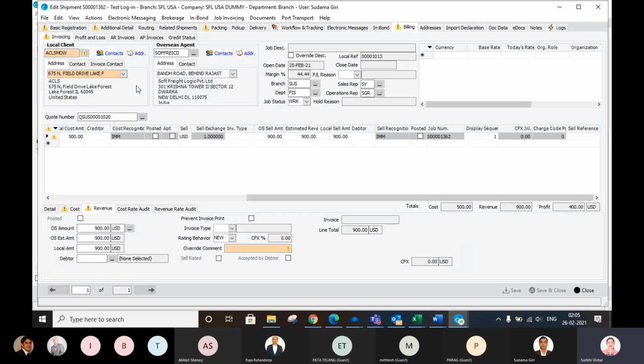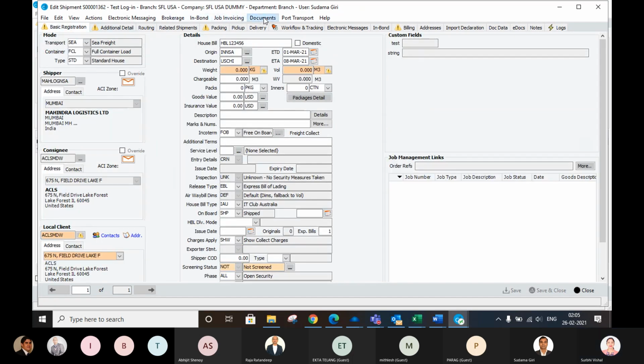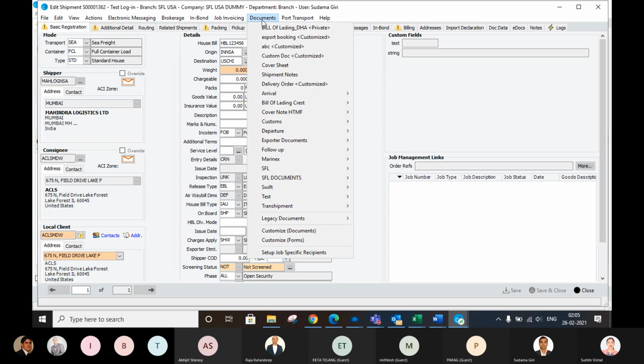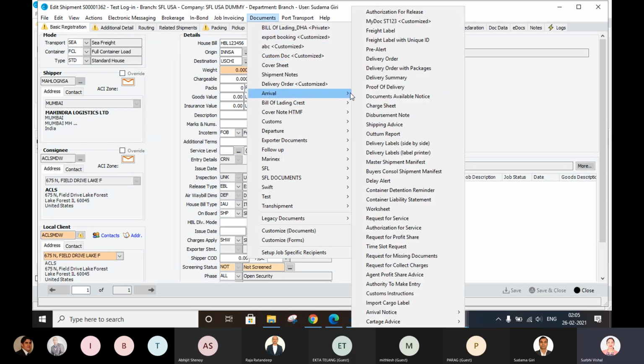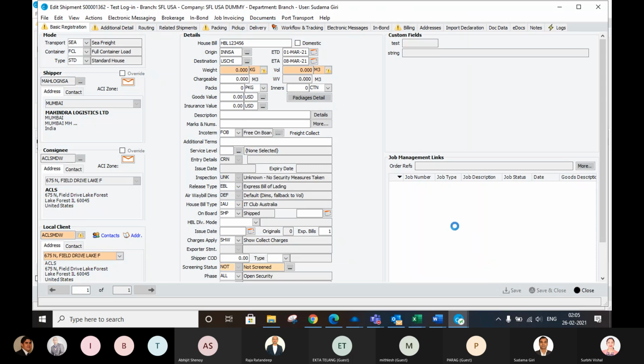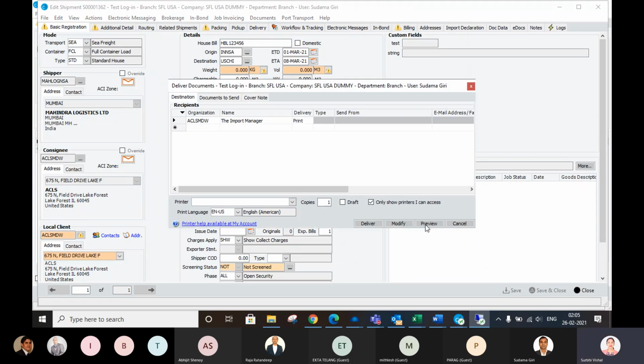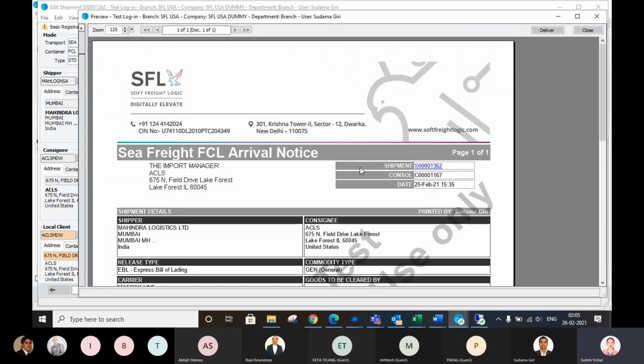Now, Ekta, if you can see at the top, we have documents. So Sudama, just click on documents and click on the arrival, and show the arrival notice at the bottom. Ekta, just preview it.